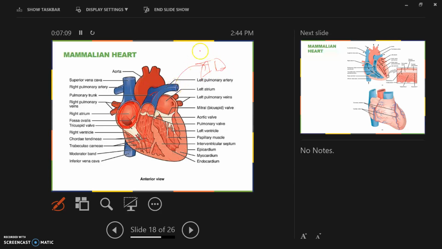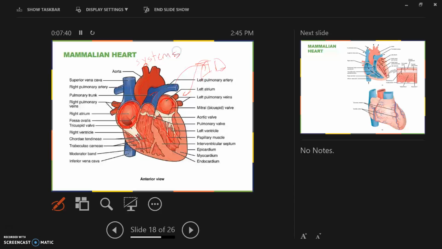And then it comes back to the heart through the pulmonary veins. It comes back to the left side of the heart from the lungs through the pulmonary veins. So now blood is in the left atrium. It travels through the mitral valve or bicuspid valve into the left ventricle. And then the aorta kind of goes up behind that pulmonary trunk. So the left ventricle pumps blood into the aorta, which takes that blood to the systemic circulation or the body